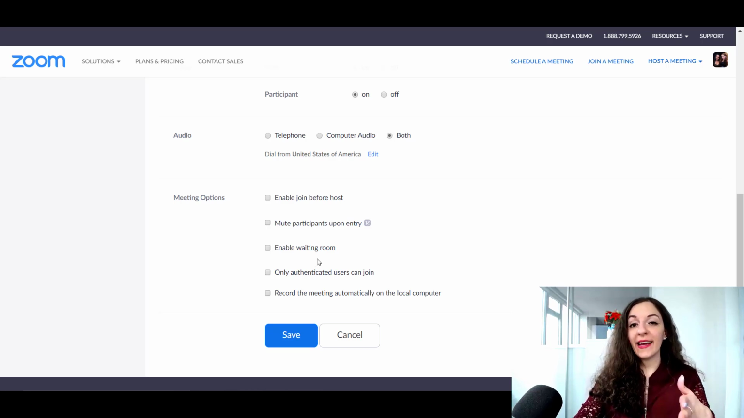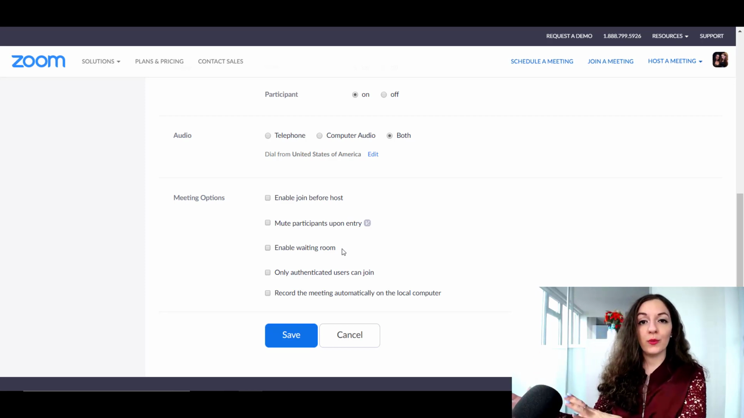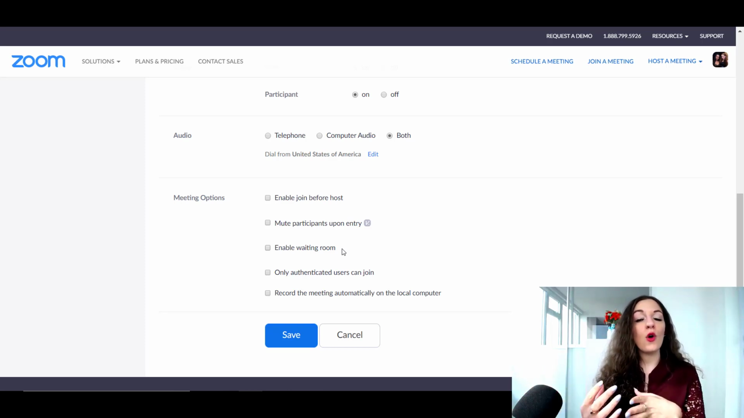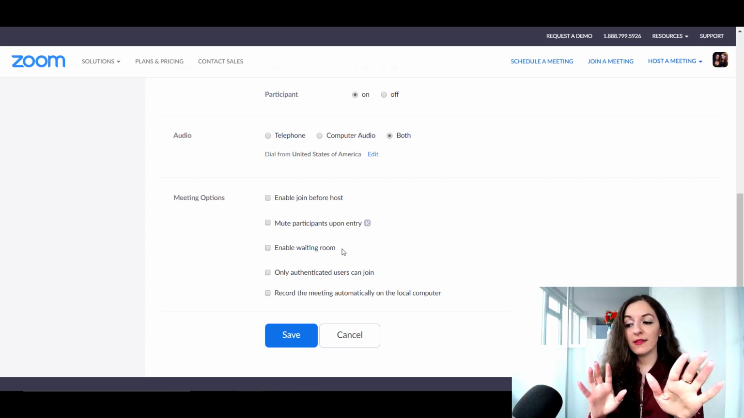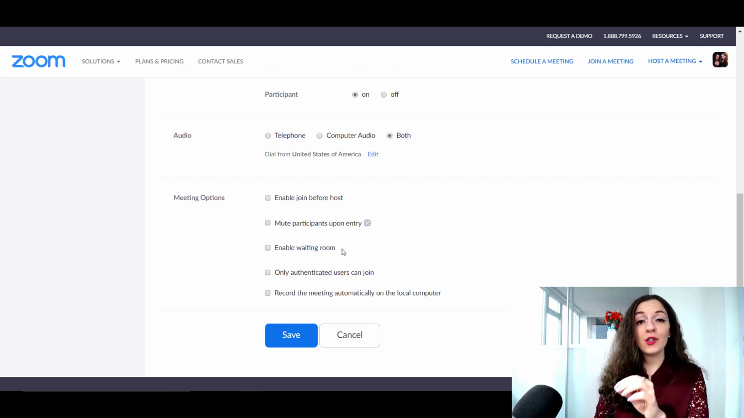Enable waiting room, again, applies if you have more participants joining the call. This basically means that you as the host have the ability to control when participants join the call. Your participants will go into a waiting room first when they jump on the call rather than the actual virtual meeting room. And this way, as the host, once you've prepared everything on your end and you've settled your camera and your mic, then you can either bring each specific participant in individually